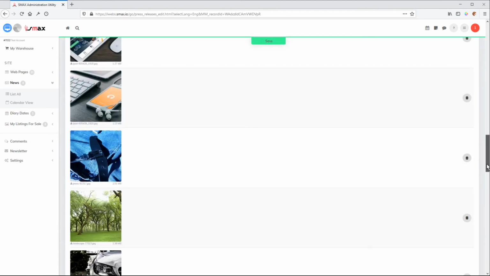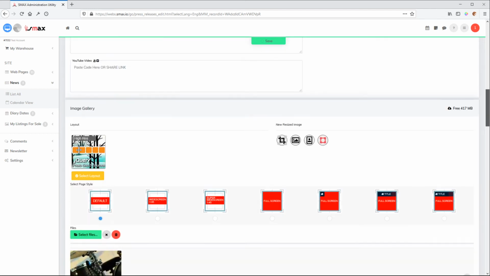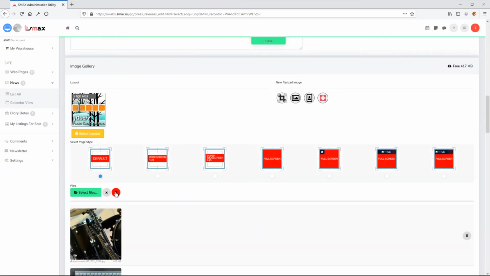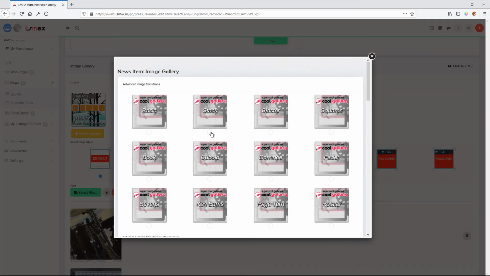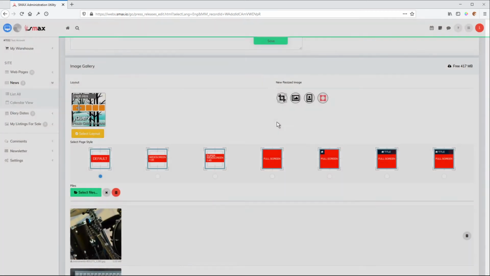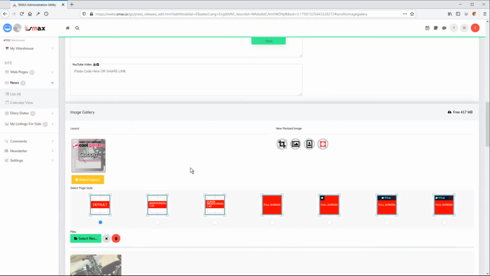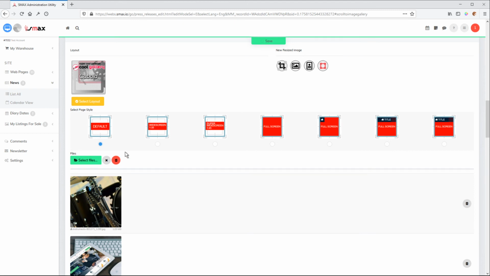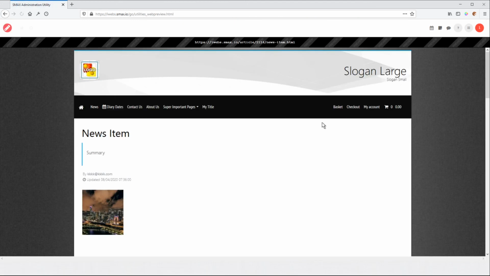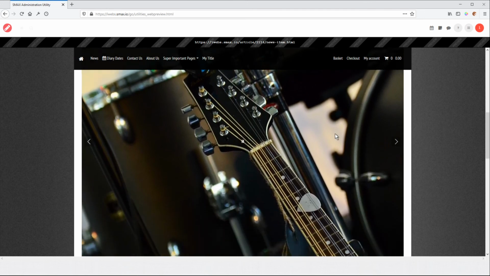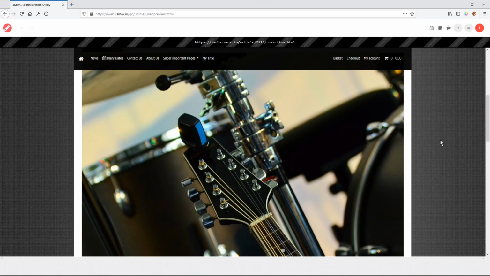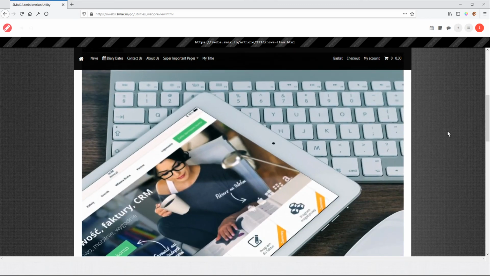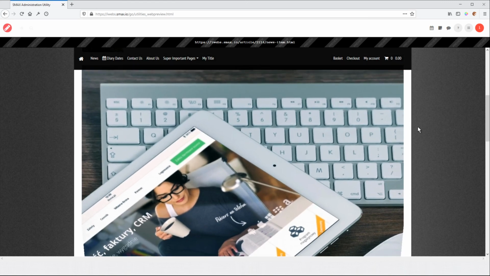We've got our images in here. We can delete the image if we want. If we prefer another one, we can delete the whole gallery. And we can choose, if we now choose, let's say cuboid, you can see now sometimes when we've uploaded a square, it's better to have it as a grid, because now you can see that's taken quite a large area of our page, because it's now rendering it as a square. So normally if you want to have this kind of gallery where your slideshow, it's better to have